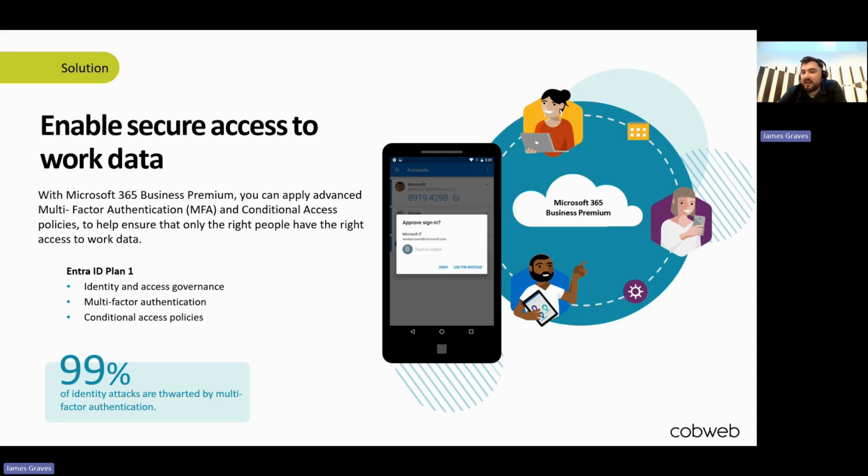There are also other tools in there, such as for people with elevated privileges. So that would be people that have more access to the finer settings within our Microsoft 365 tenancy. We could perhaps make them MFA more regularly. So if they're going to go away and try changing some settings, we make them MFA not once, but we might make them do it 2 or 3 times,